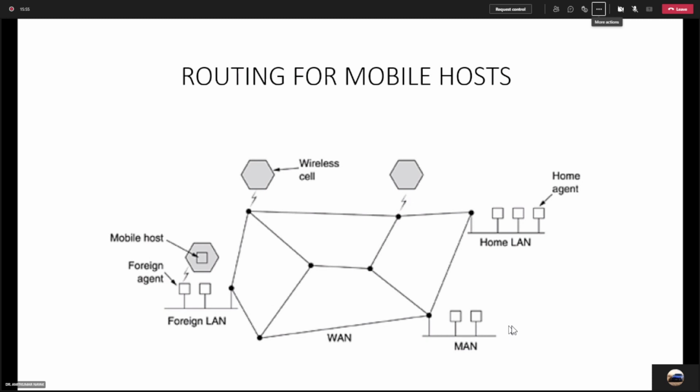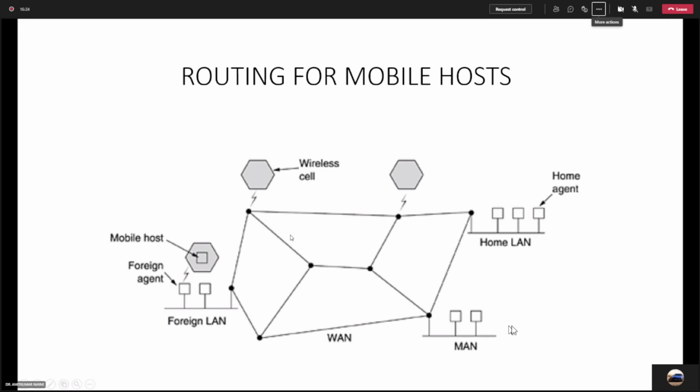Connectivity should be provided, and for that the foreign network has a foreign agent, and that foreign agent will look after the connection. It will provide you the connectivity, because now you have changed your location from Gujarat to Maharashtra, and that is known as routing for mobile hosts.